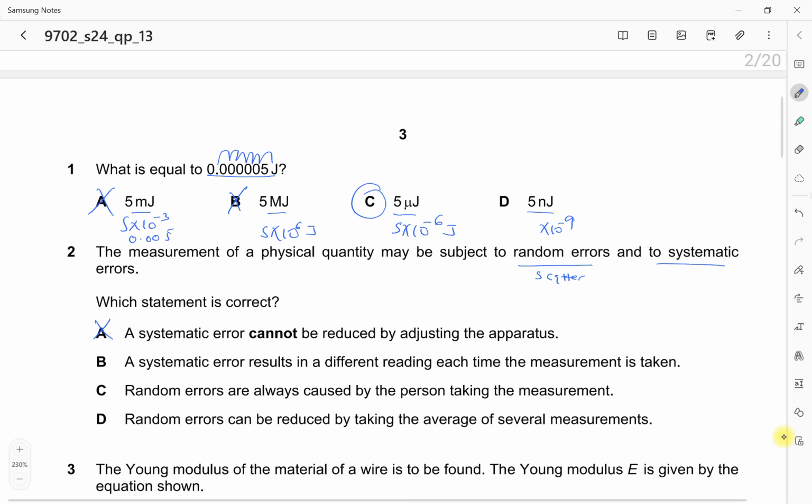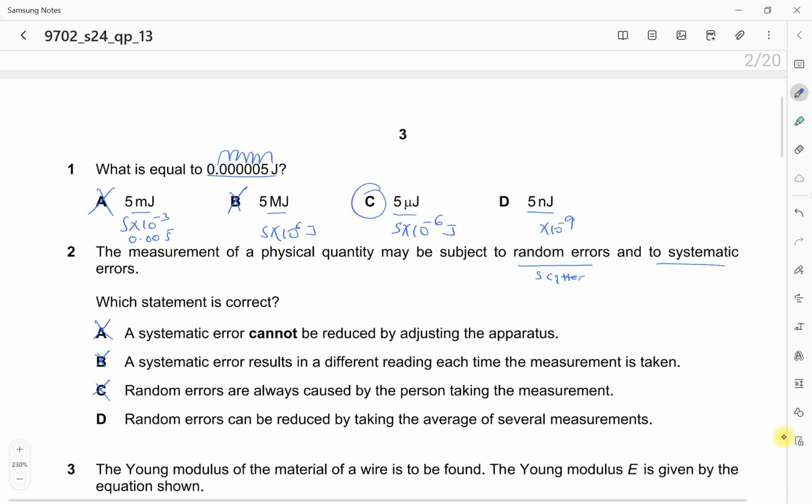If the apparatus is wrongly calibrated, or if there is a zero error, even if you adjust the apparatus, as long as there is a zero error, there will still be a systematic error. Systematic error results in a different reading each time. That is not true. Systematic error will cause all measurements to deviate by a constant amount. Random errors are always caused by the person taking the measurement. So this is not true because